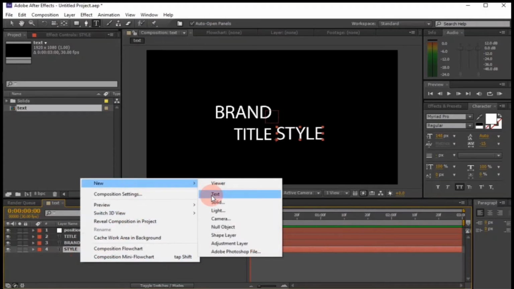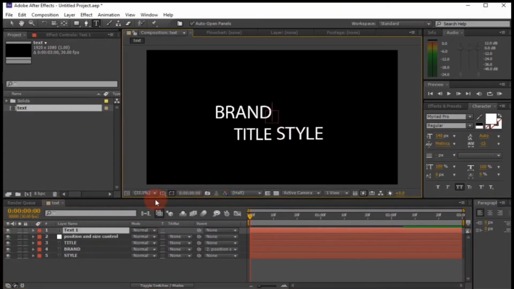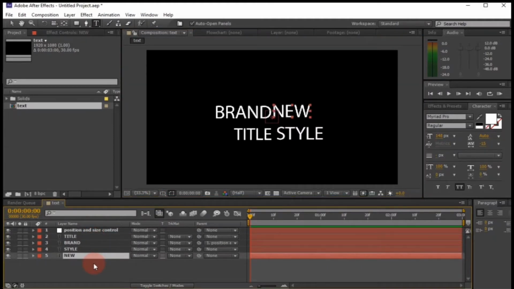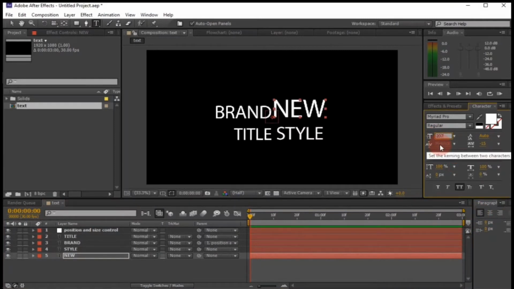Now create another text layer and then enter your fourth text. Place it below all layers. Now change the text size to 207.